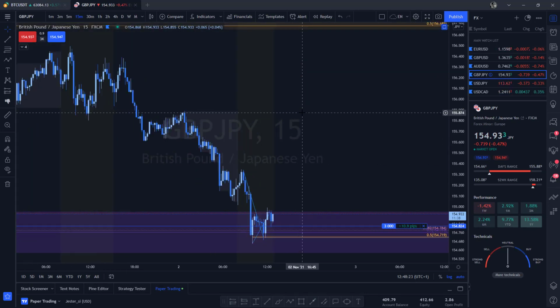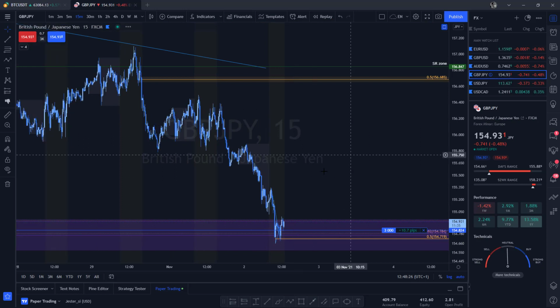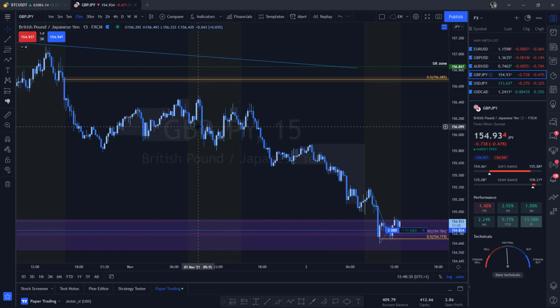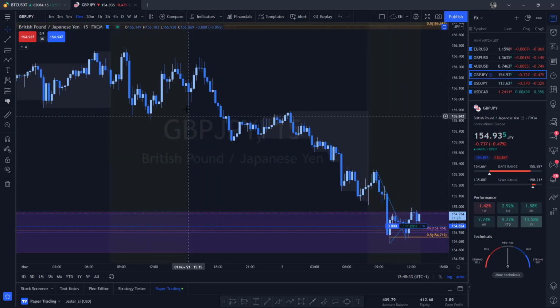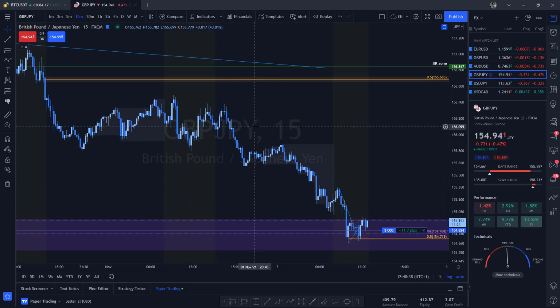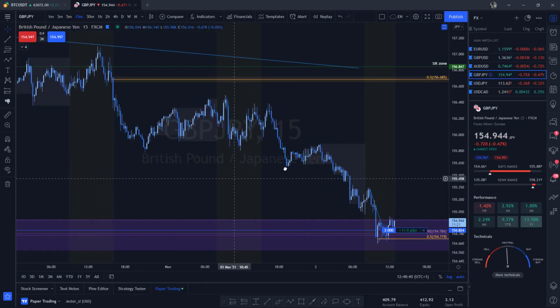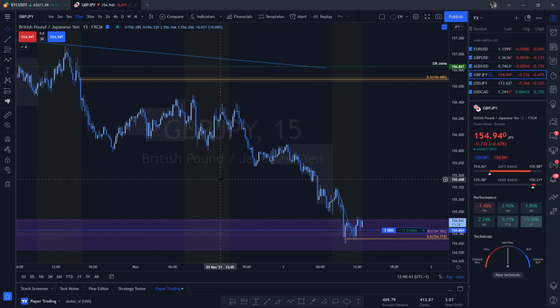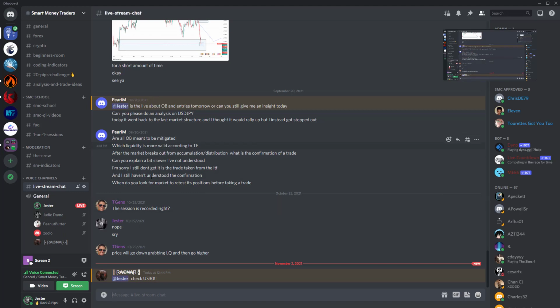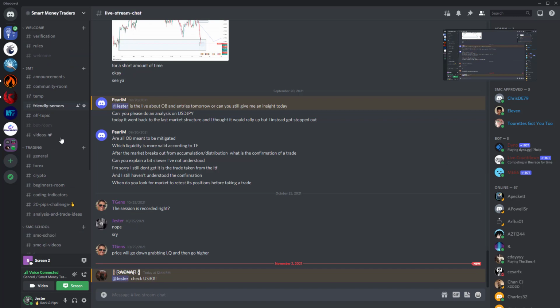So what happened here? This was the sell. This was my yesterday buy from here to here. Then the price reversed. I would like to point out here another lesson to be learned. Let's move Discord here. And as you can see,